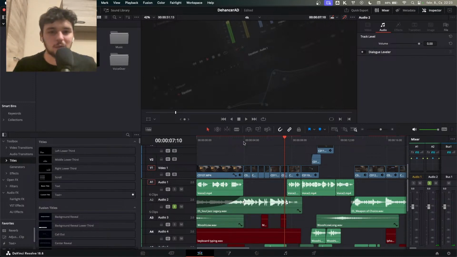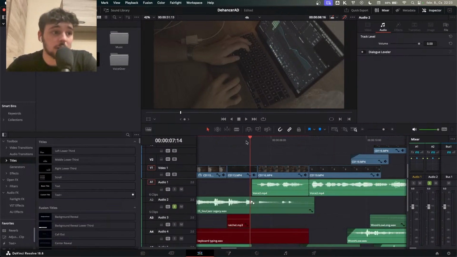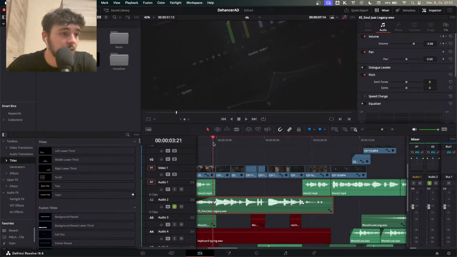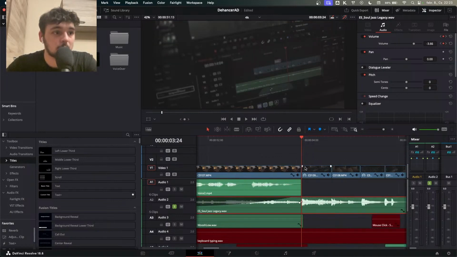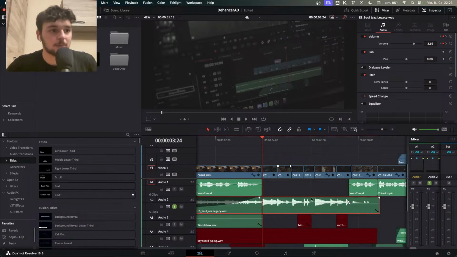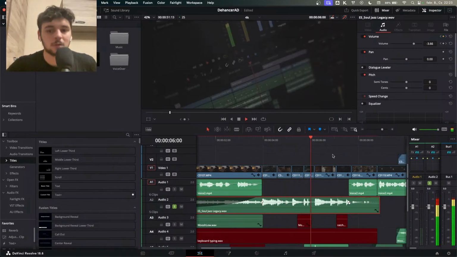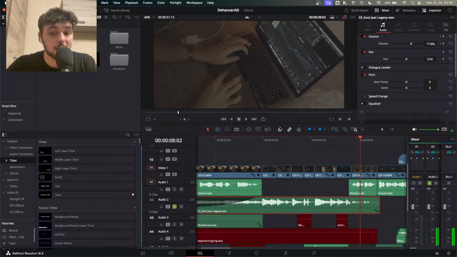Like, this is smooth. And then there was a part in the actual music which went down a little bit, and I also changed the volume of it. So it's -10, and then it's -3. So when it's talking, it's lower, but when the actual montage is playing, it's a lot higher. And then the voice is coming back, so I changed the music back to -15, and then the music